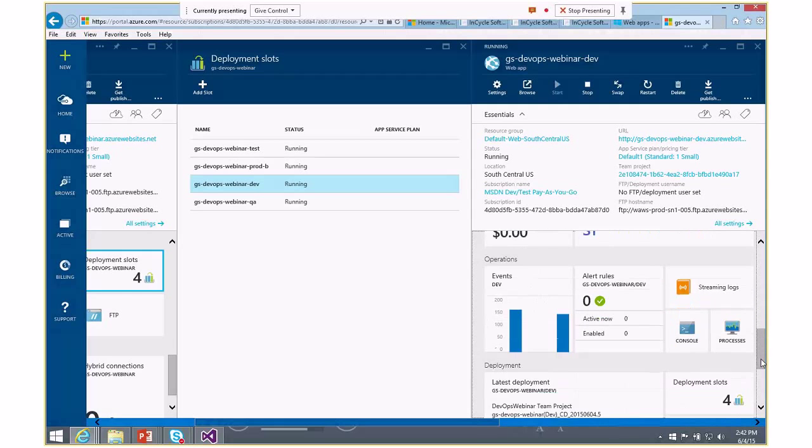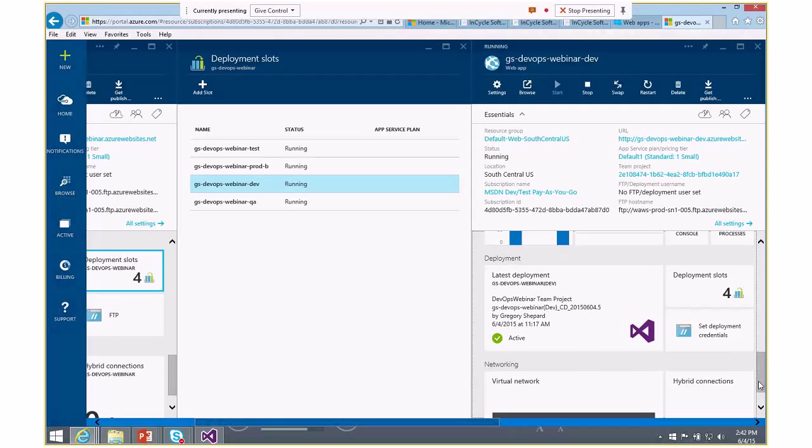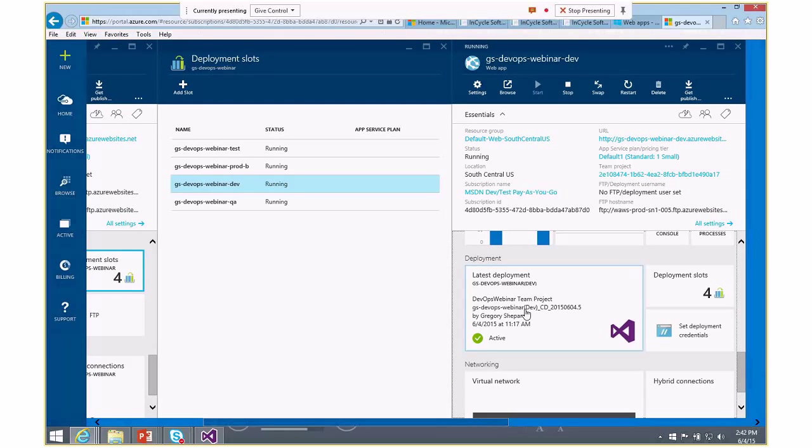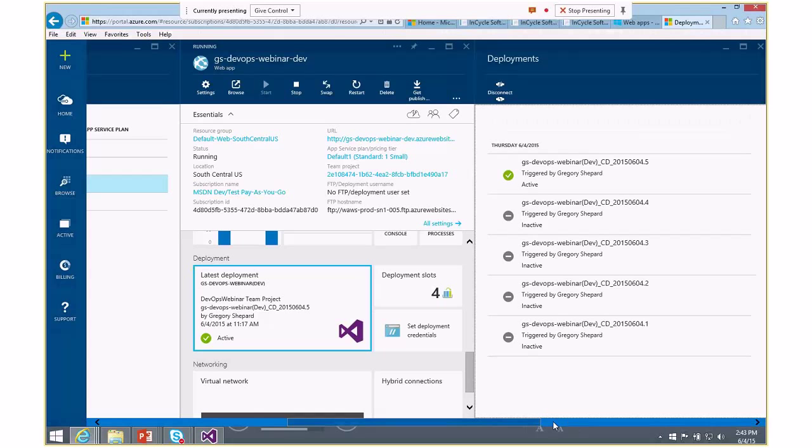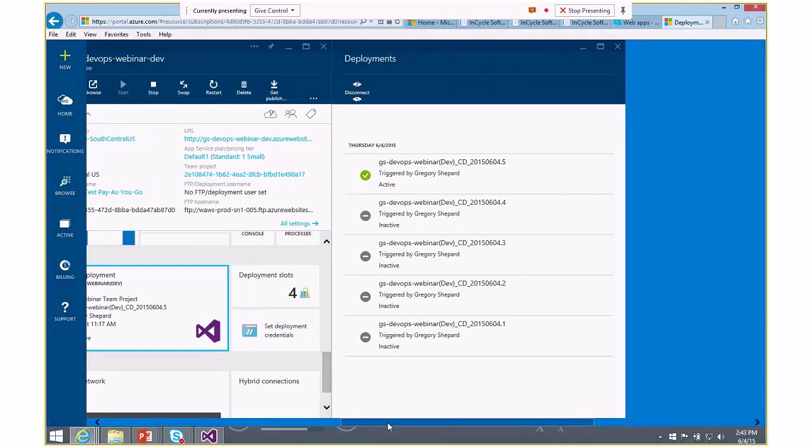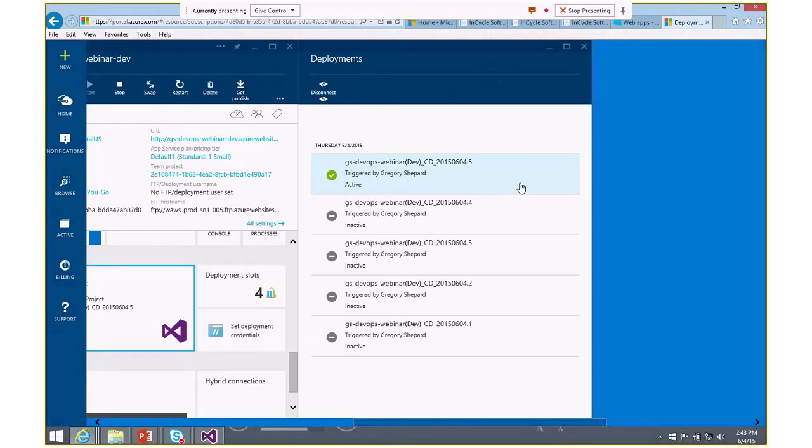It allows me to, for example, set up a continuous deployment build with my application, and I actually did that a little earlier, and here we can see, as an example, that this particular slot, so this is a development slot of this application, is linked to Visual Studio Online, and I have a number of builds that have occurred over the last couple of hours, and they've been triggered by check-ins from my source control from Visual Studio